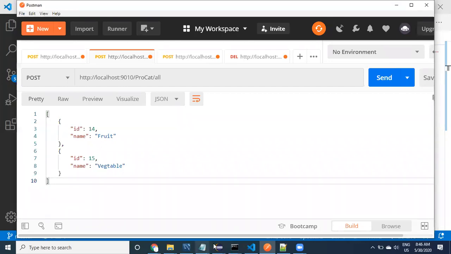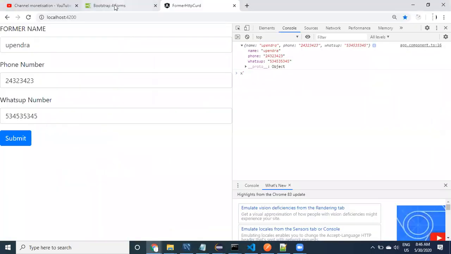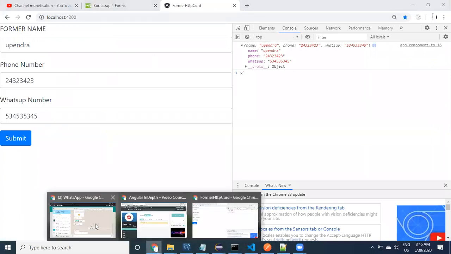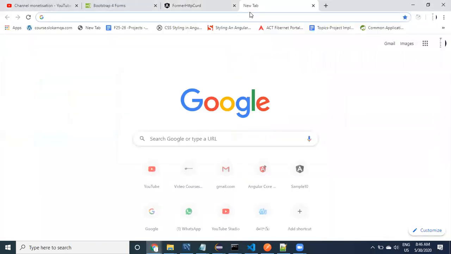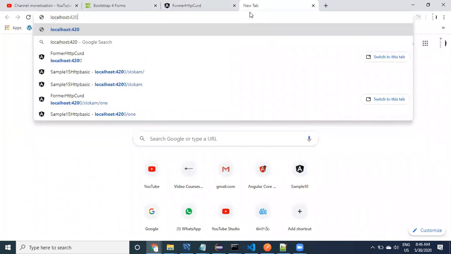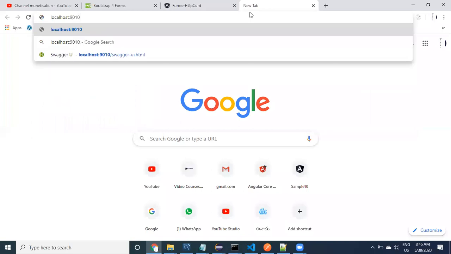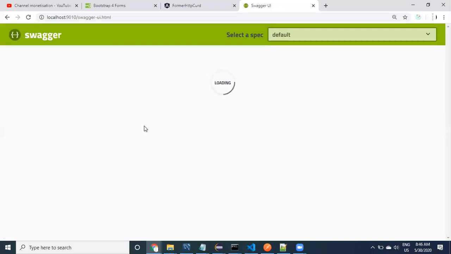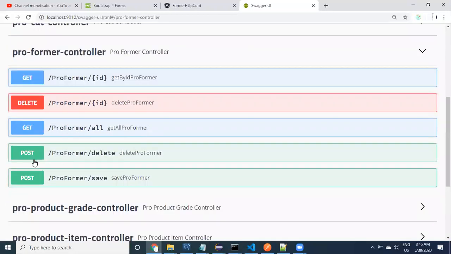What is the URL that I want to use? I'm going to show you that URL. To check the URL, where is the documentation that we have? Swagger, right? We have the Swagger already open. No. Okay, I'll do one thing. I'm going to open here localhost, I have to verify 9010 Swagger. Here, go to the farmer controller. In the farmer controller, there is a save. Yeah, this is the save. See here, guys, this is going to be the save.